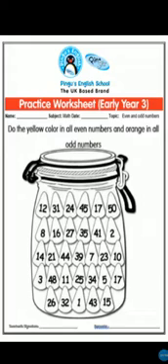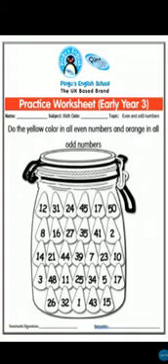Now students, this page is about even and odd numbers. Do you know what are even and odd numbers? Even numbers are those numbers which can be divided into pairs. Like for example, we can divide 2 into equal pairs of 1 and 1. We can also divide 4 into equal pairs of 2 and 2. In the same way, we can also divide 8 into pairs of 4 and 4. Whereas odd numbers are those numbers which cannot be divided into pairs. Like 3, we cannot divide 3 into equal pairs.